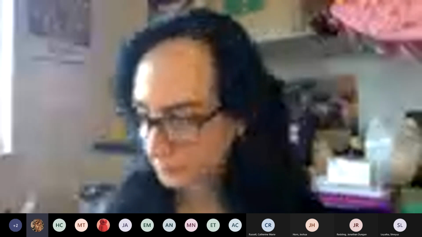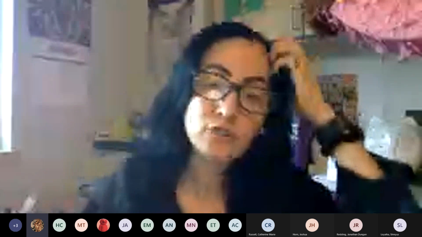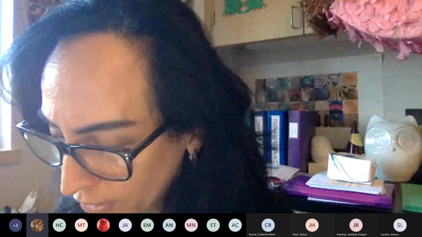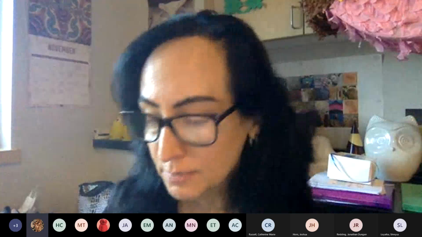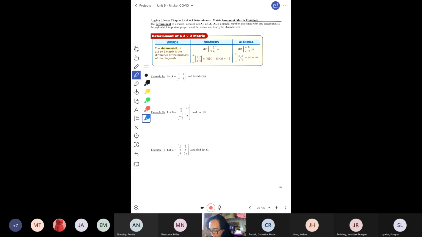Okay. So let's say we have a 2x2 matrix. Let's start with a little small matrix. We have 2 rows, 2 columns. We are now going to be looking at a characterization of these matrices. We're going to do a calculation that is going to allow us to compute what is known as the determinant